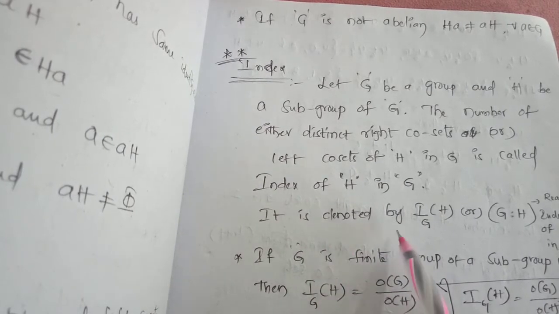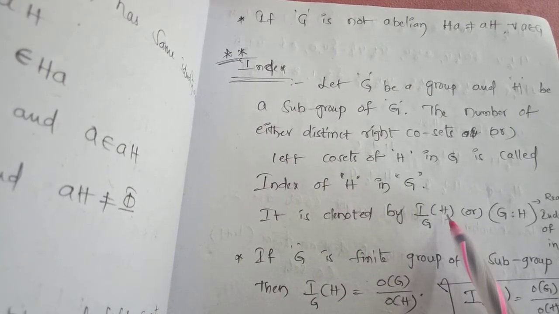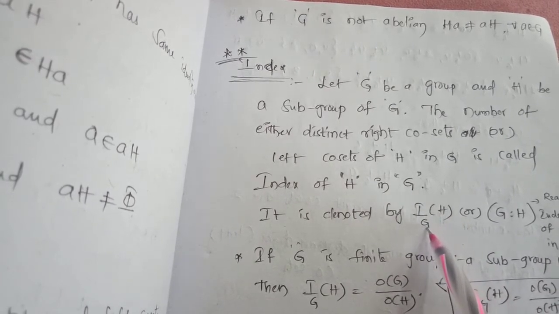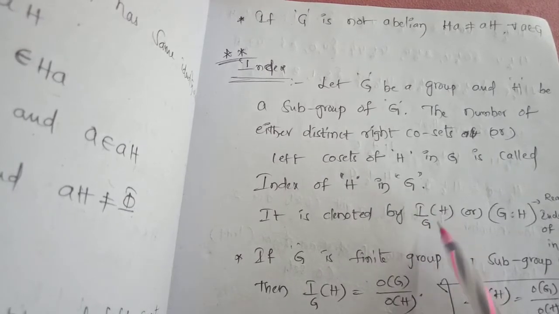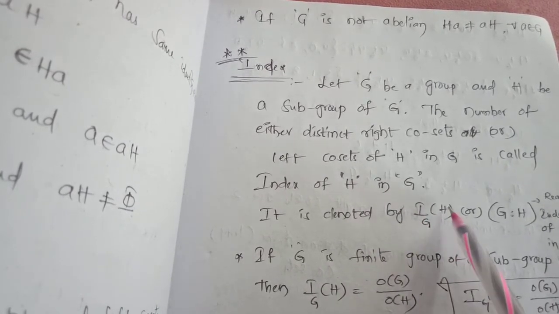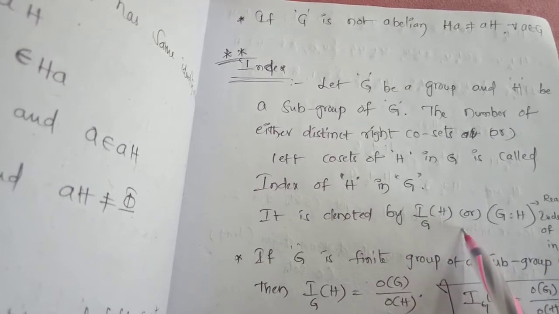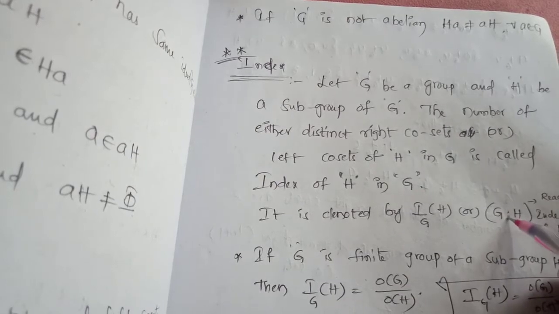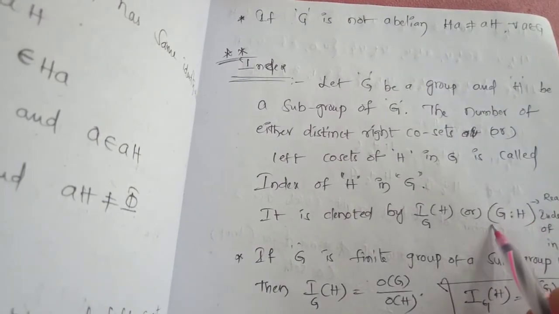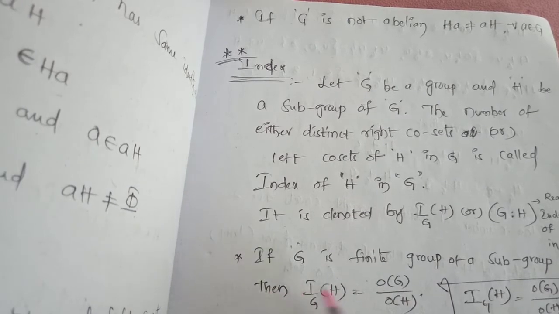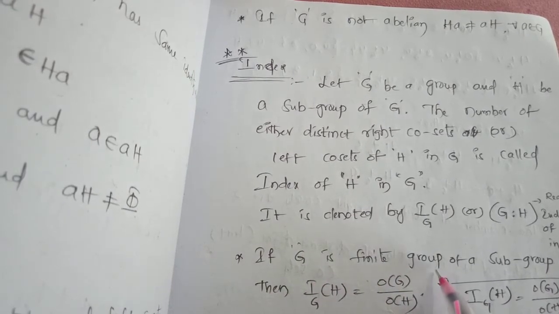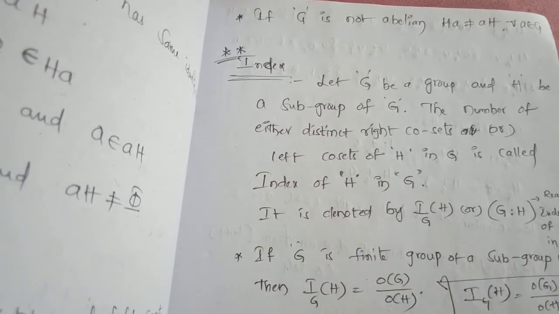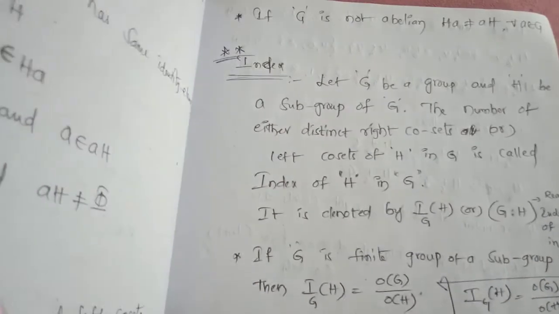It is denoted by I(H,G), read as index of H in G. This is the symbol for the index of H in G. If the group G is a finite group with a subgroup H,